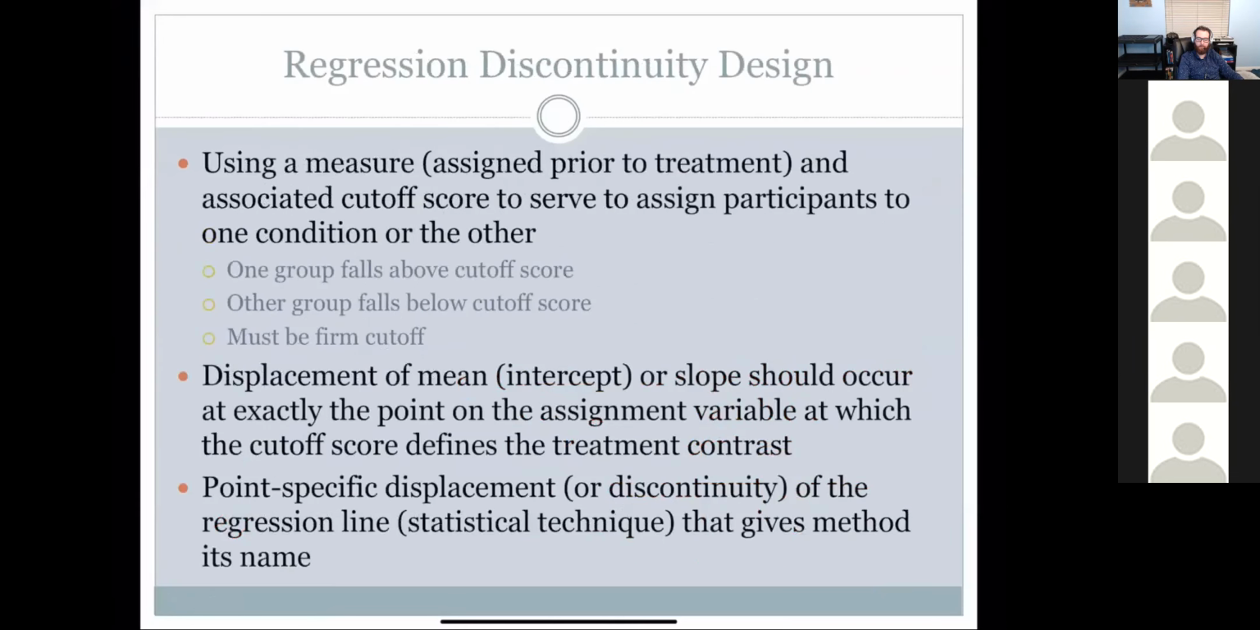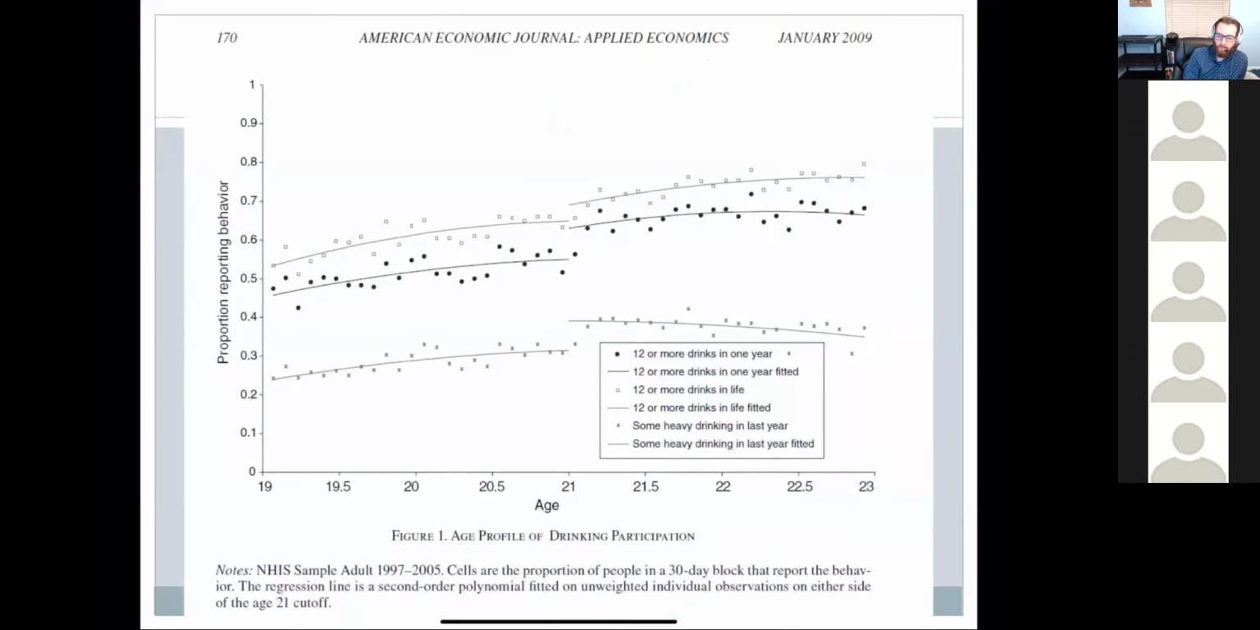In this example, most of you will probably not use this at all, but it's interesting to talk about, and it's called a regression discontinuity design. And really, I think a good example is to show you this. If you have a clear breakpoint, in an example where this is looking at drinking behavior, and how many people have 12 or more drinks in a year, 12 or more drinks in their lifetime, or 12 or more drinks in their,